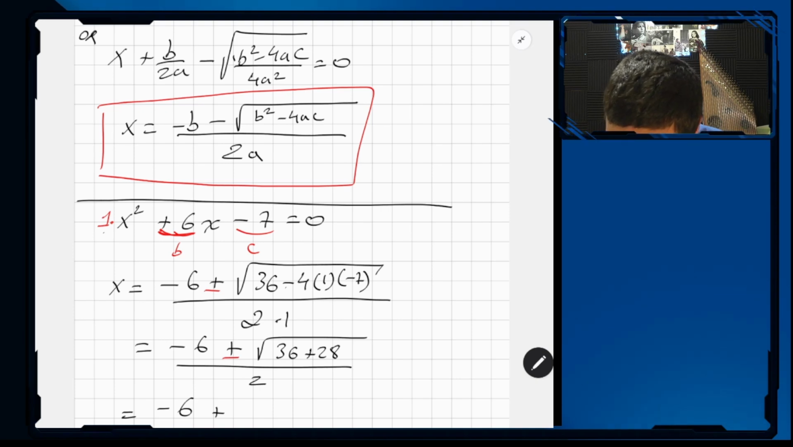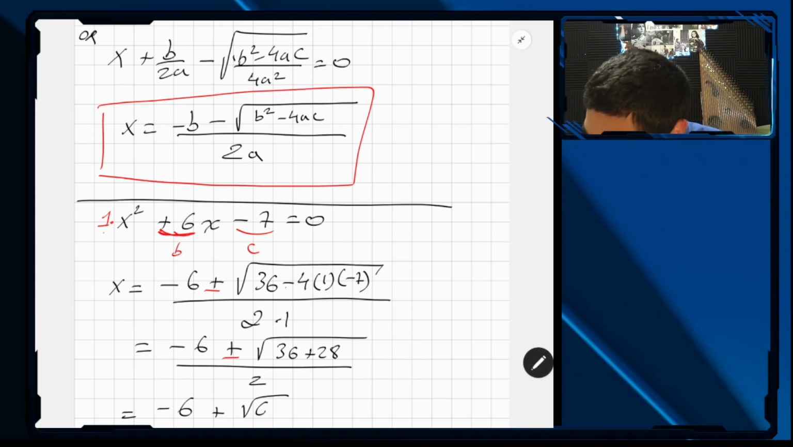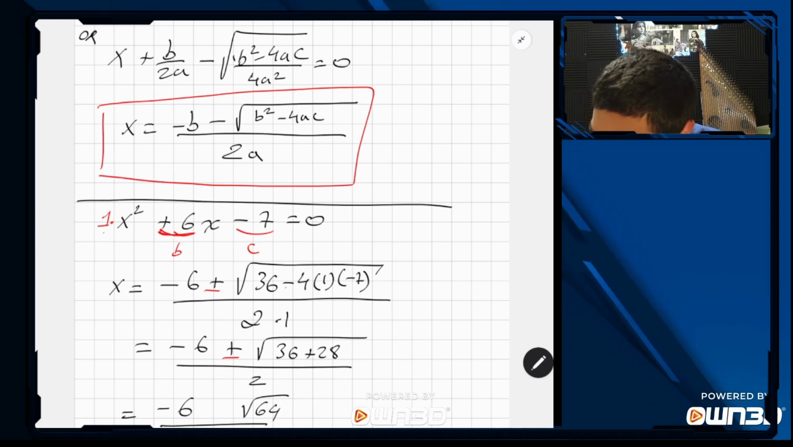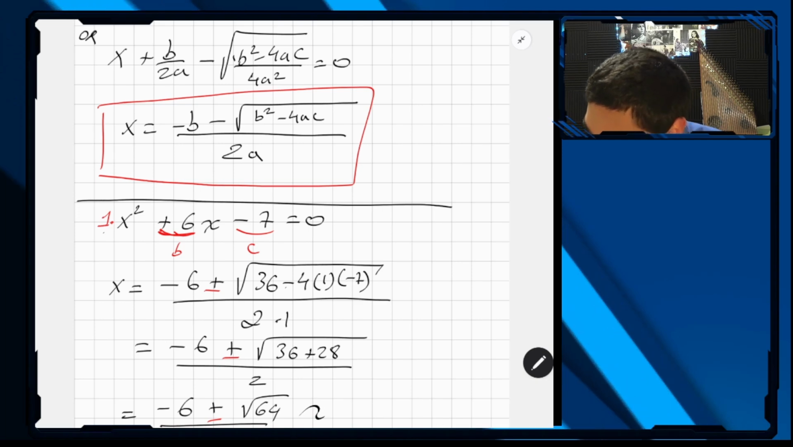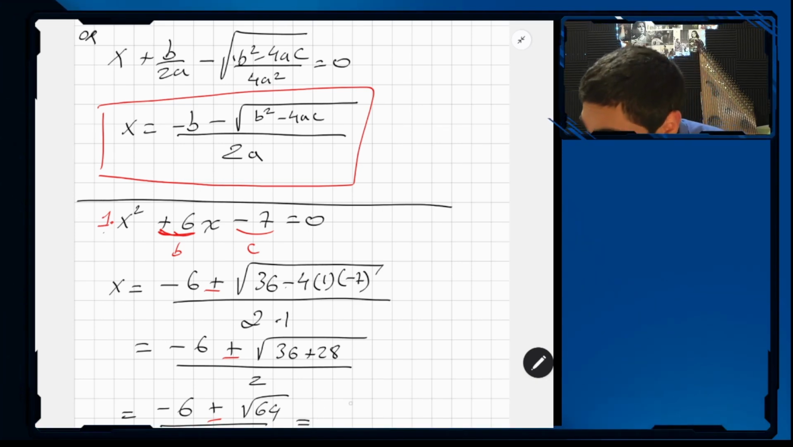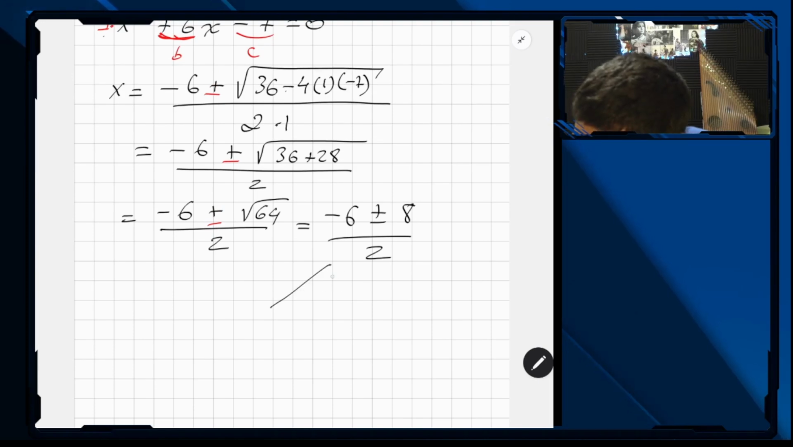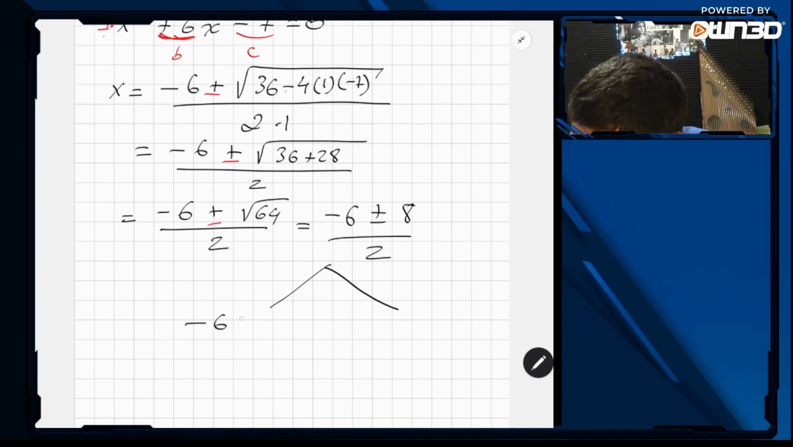36 plus 28 is 64, divided by 2. Now, what is the square root of 64? Remember, we're doing plus or minus here. What is the square root of 64? It is just 8. So this is -6 plus or minus 8 divided by 2. And here you have to split them, I guess. -6 plus 8 divided by 2. This gives you